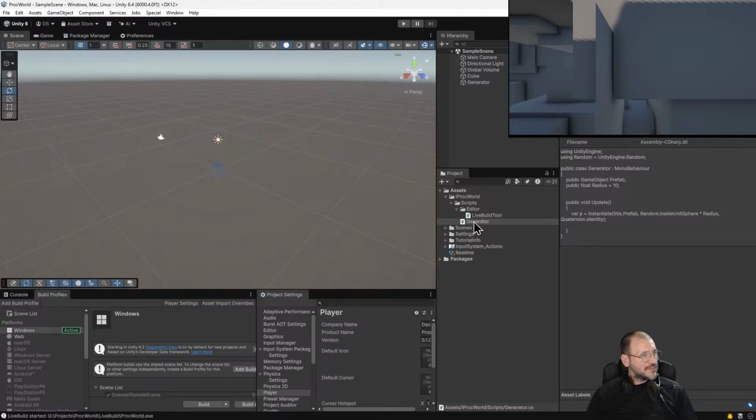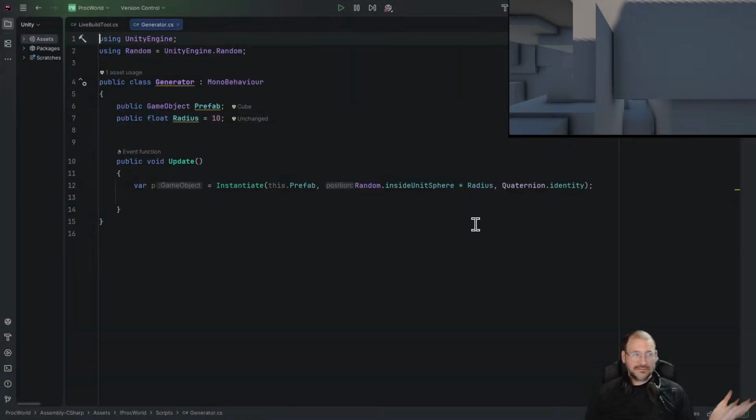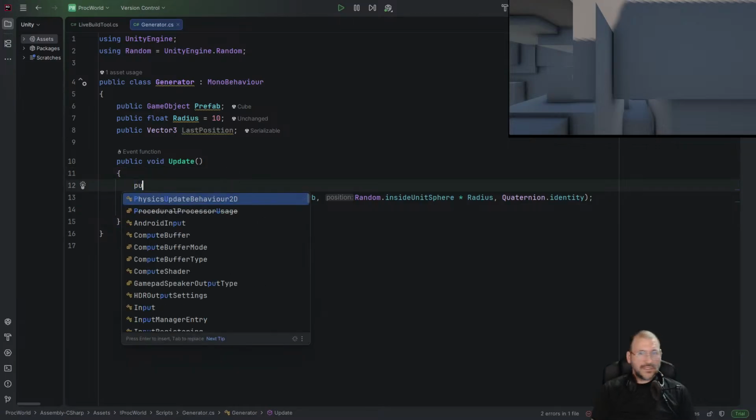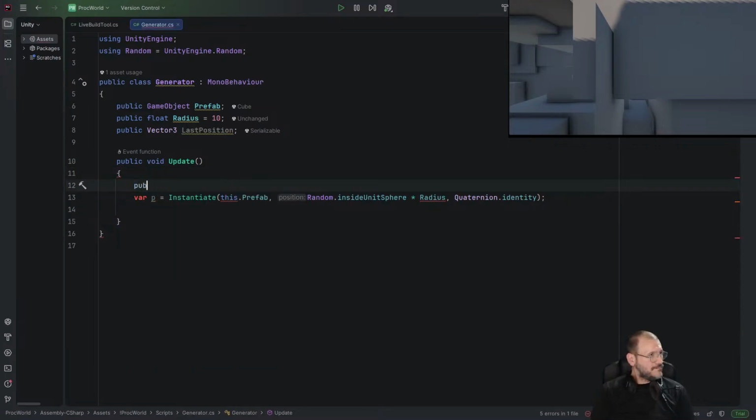So now let's go over to generator, not there. Yes, generator. So inside of this, what I want to do is store the last position that we generated a cube. So I'm going to say public, not transform, Vector3 last position. Okay, so in this case, var, we need to know what our new position is going to be. So our new position,